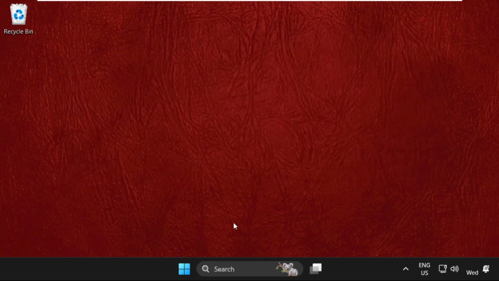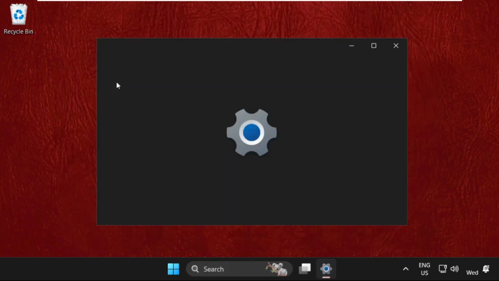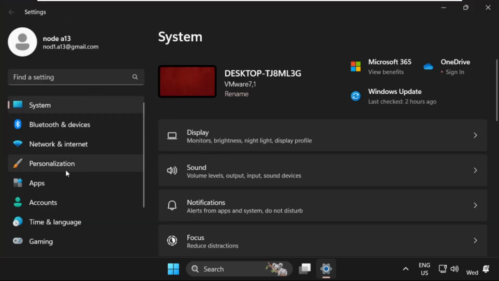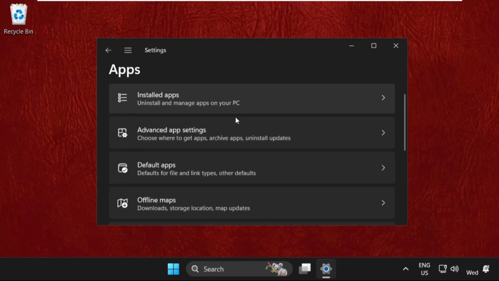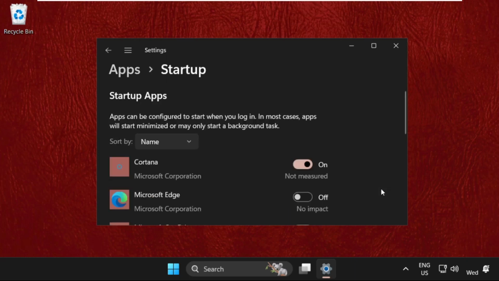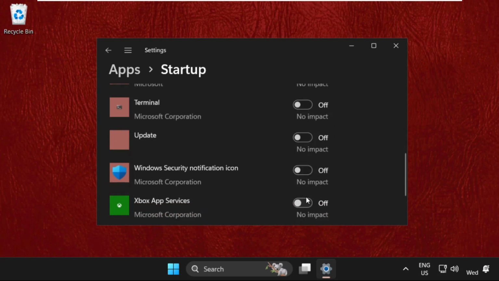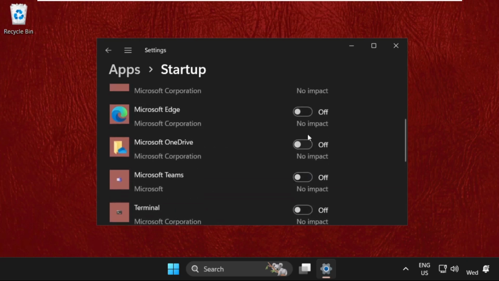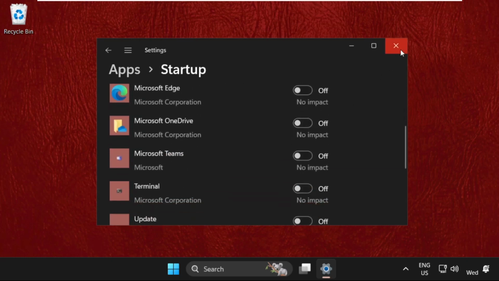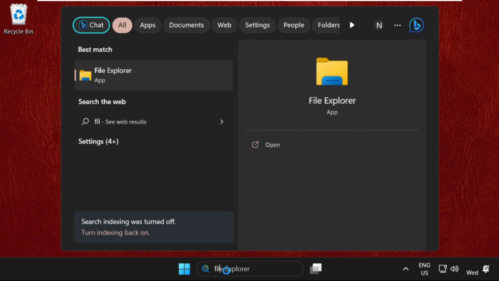Once done, just go to search bar, type settings and click here to open it. Then we need to select apps, then just scroll down and search for startup. Simply click here to expand it. Now we need to turn off all these options to fix this issue. Once done, close this window, and in the last method just open File Explorer,